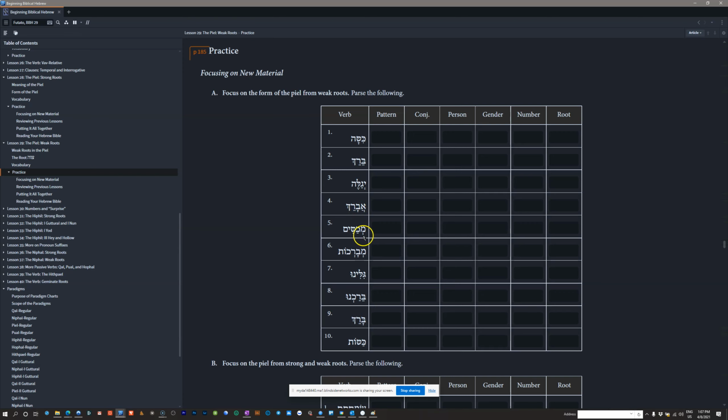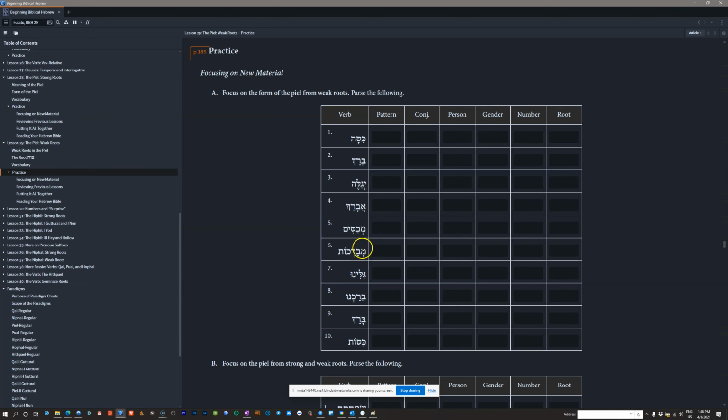All right, number 5, we've got mikhasim. This is going to be a PL participle indicated by the mem shava. And we've got a hirik yod mem suffix that tells us this is masculine plural. But our root, all that's left is kof and samek. The hey has disappeared. Well, we've learned that in a third hey verb, when you add a vocalic suffix like hirik yod mem, the third hey is going to drop off altogether. So we've still got for the PL our reduced prefix vowel, our patach R1 vowel, and our